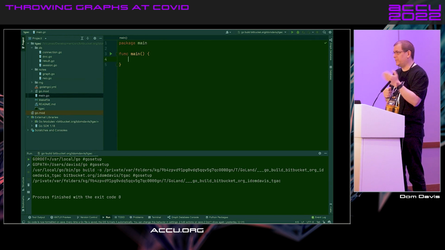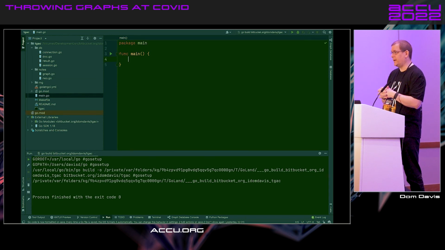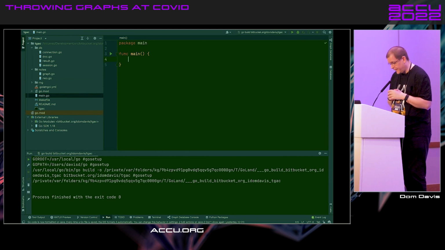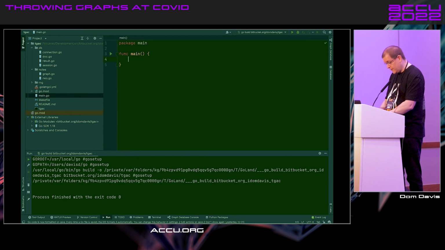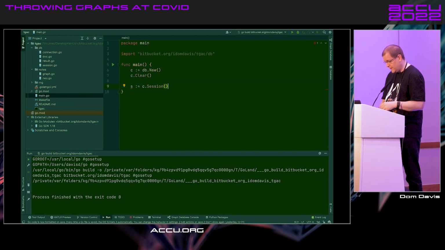And you can actually have multiple package mains within a Go module if you wanted to have multiple binaries built from your module. And then func main is the actual entry point, and it is nil-adic. It takes nothing, and it returns nothing. So we can pop in our code. You'll notice I've imported the DB